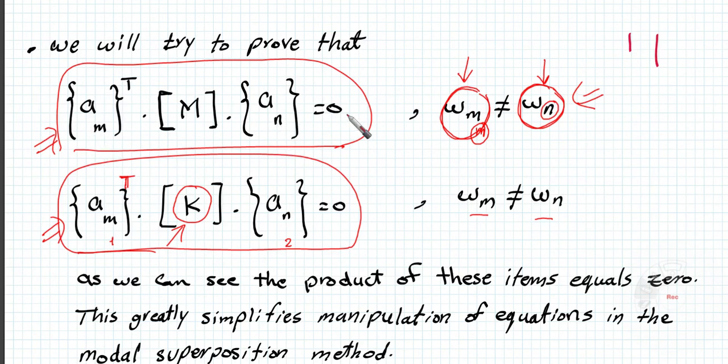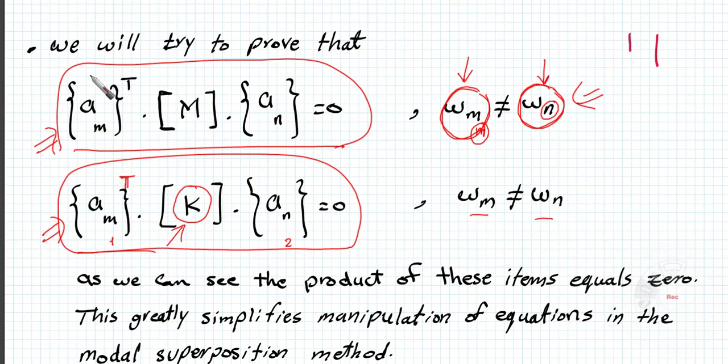All of a sudden we found that if we could see these terms, or these items, the vectors and the masses, arranged in this way during the modal superposition, we are going to directly substitute it with 0. This is the idea here. So in very huge and complicated systems,